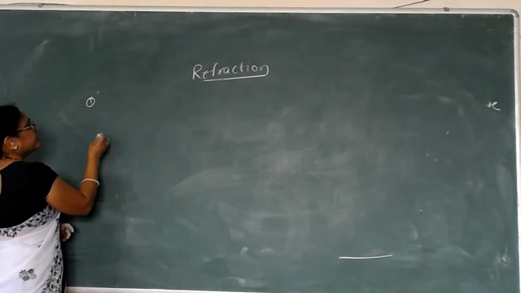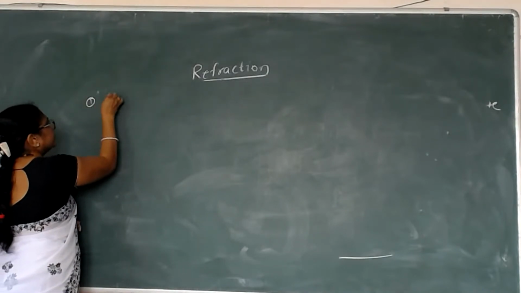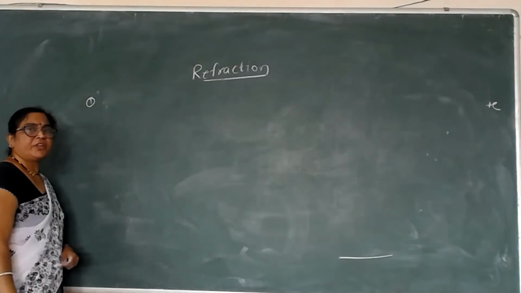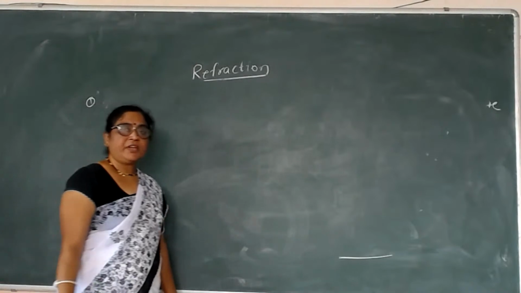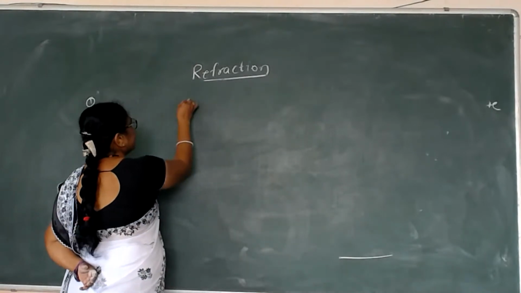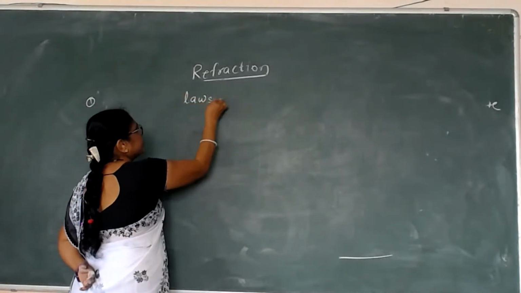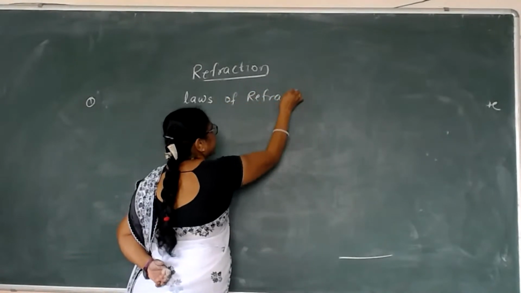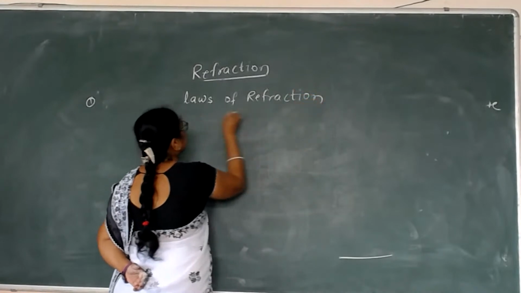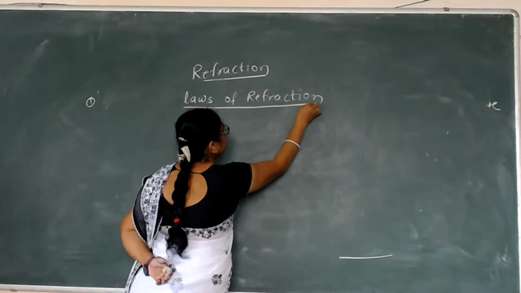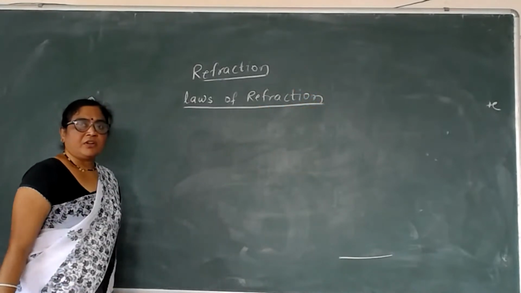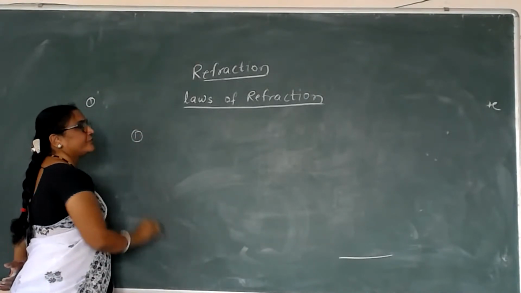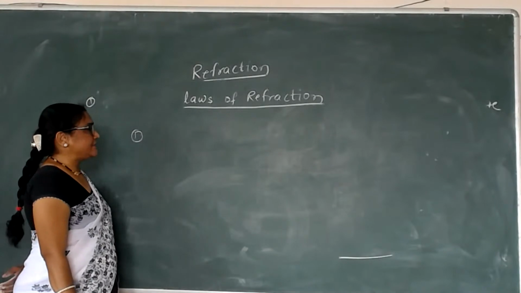When the ray of light passes from one medium to another medium, there are some laws, and those laws are known as the laws of refraction. In reflection, we study the laws of reflection, and in this we study the laws of refraction. So when we study the laws of refraction, the first law is